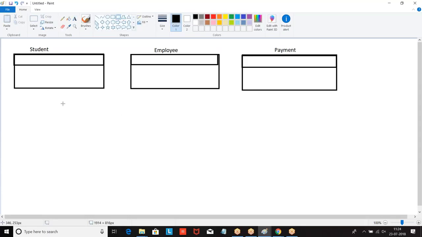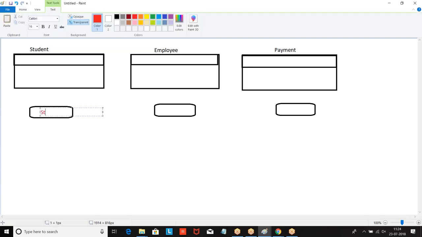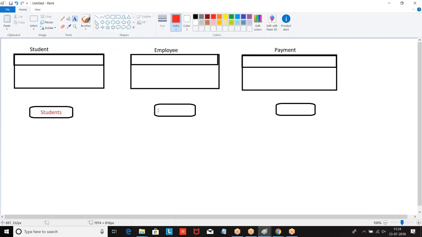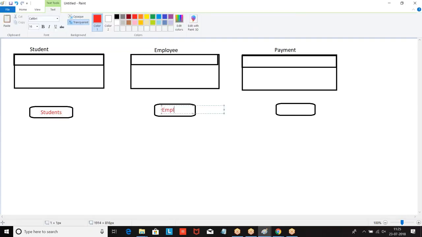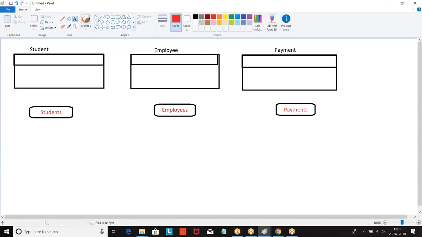Now, for every object, we are going to create one tab. The name that should be printed on the tab. For student, we are printing students, and for employee, employees.